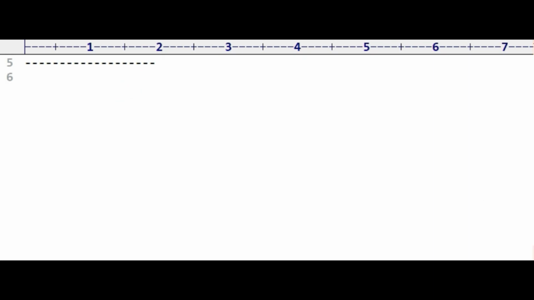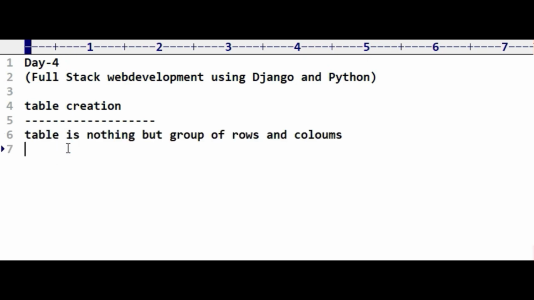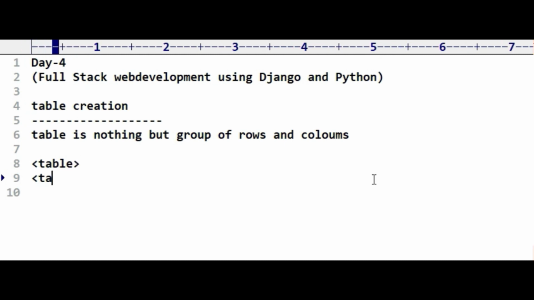So here we have seen that a table is nothing but a group of rows and columns. So how can we declare the table? We have to write the table tag, starting tag and closing tag. We have to close this.